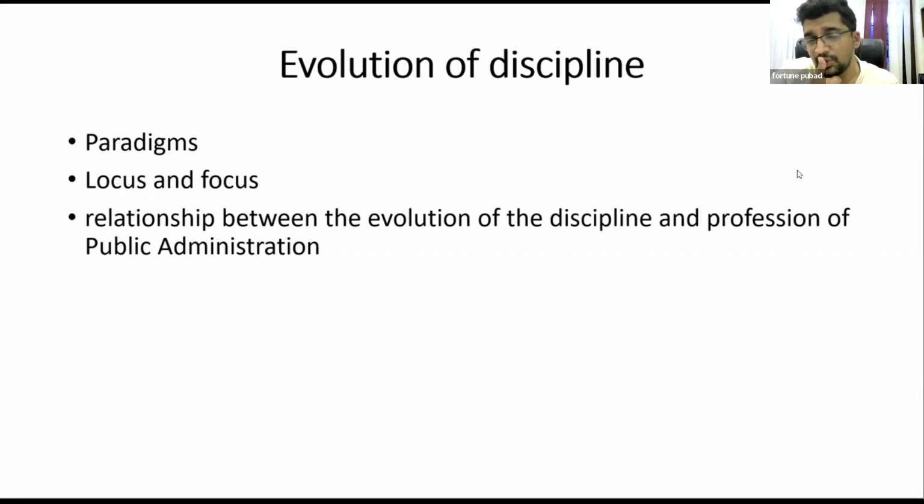So evolution questions are pretty straightforward. You don't need to worry much about evolution questions. Just learn again. Locus and focus was asked. Again, it can be a potential question anytime. Evolution is straightforward. Examples. Whenever you write evolution, again, one thing that you need to know is that you should not explain any particular paradigm